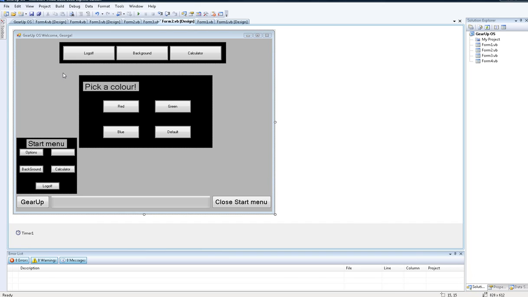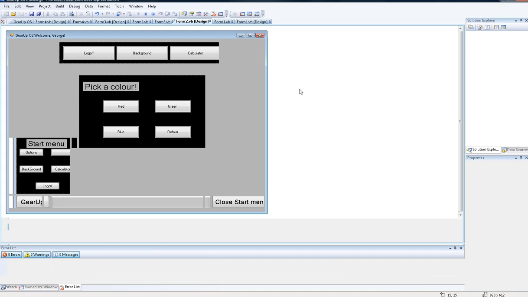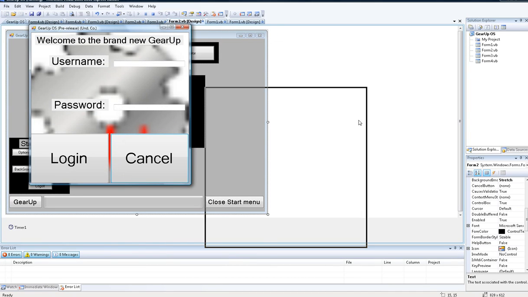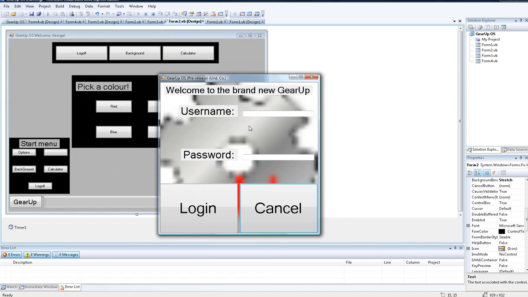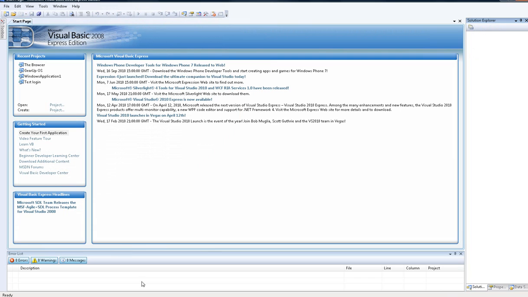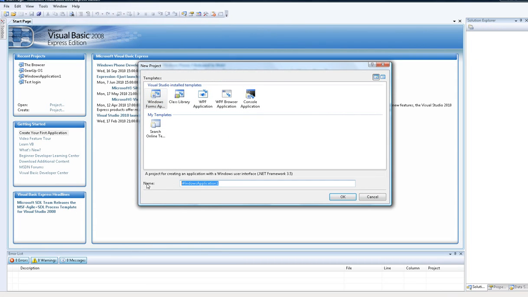We're not making this, we're gonna create a login screen, a little bit like this. As you can see, it's gonna be a little bit like this. Not gonna have the photo at the back though. That's just my operating system I'm making there. I'm gonna create a new project and it's gonna be called login screen